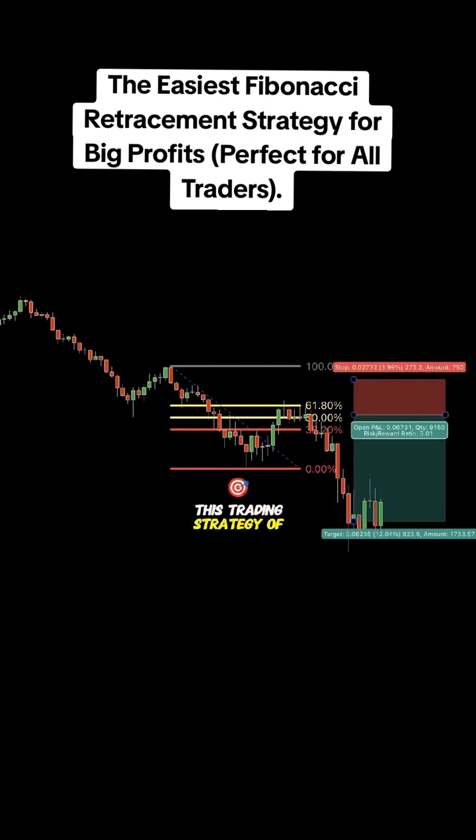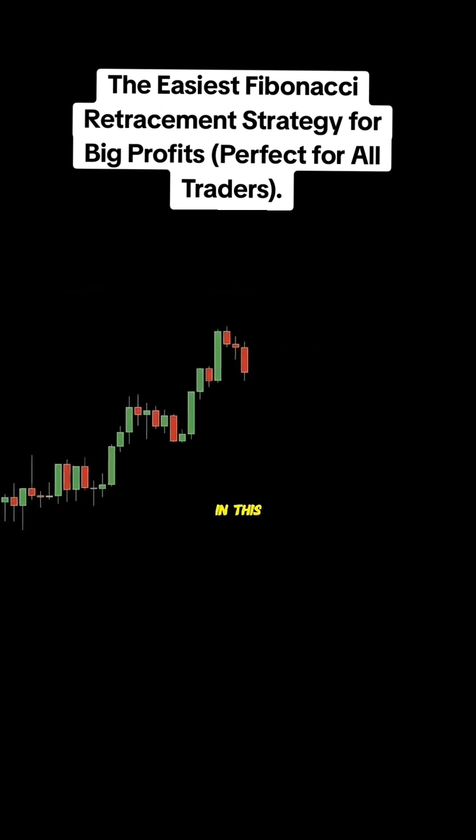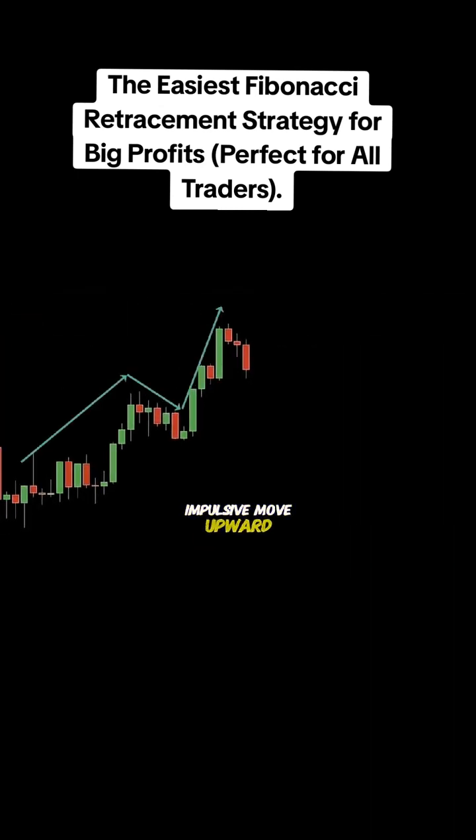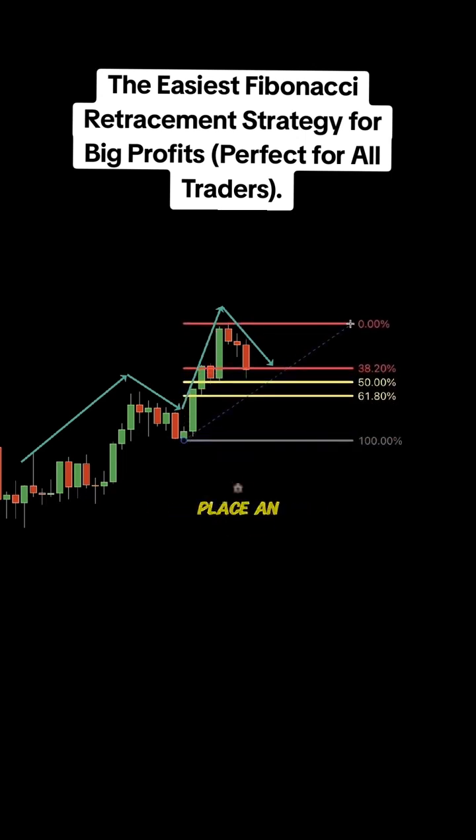This trading strategy of entering within the 50% and 61.8% Fibonacci levels can work, but I don't recommend relying on it alone. Let me show you an example to illustrate why. In this uptrend, we see a strong impulsive move upward, followed by a retracement. We draw the Fibonacci retracement from the start of the move to its peak and place an entry in the